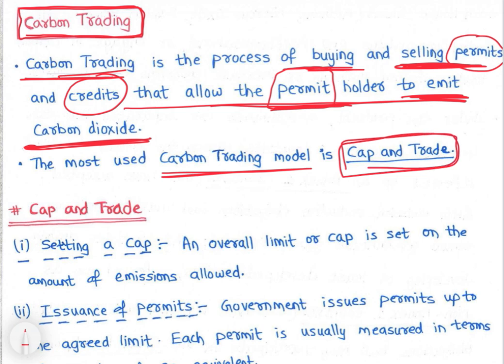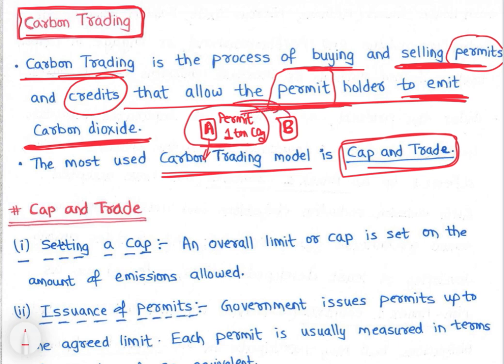Say there is company A and say there is company B. Now if company A has a permit which is equivalent to, say, 1 ton of CO2, that means company A, the permit holder, can emit 1 ton of CO2. And now company B doesn't have a permit, so what it can do, it can buy a permit from